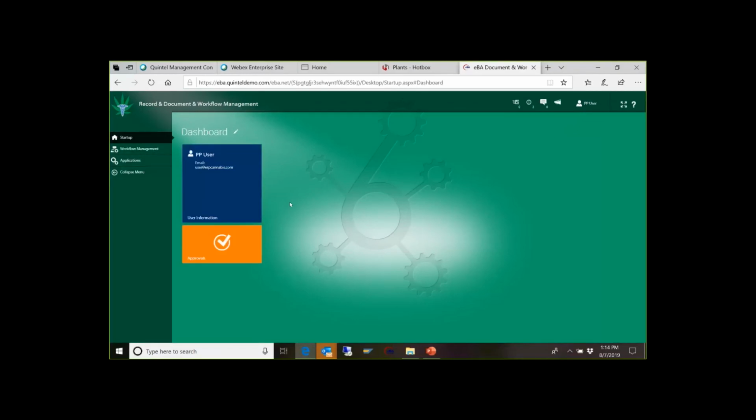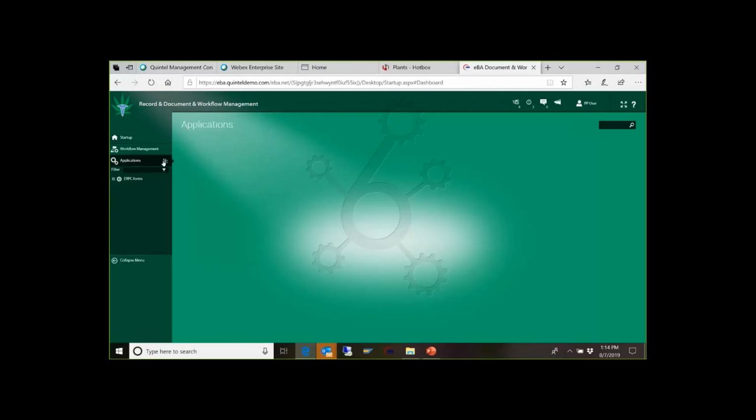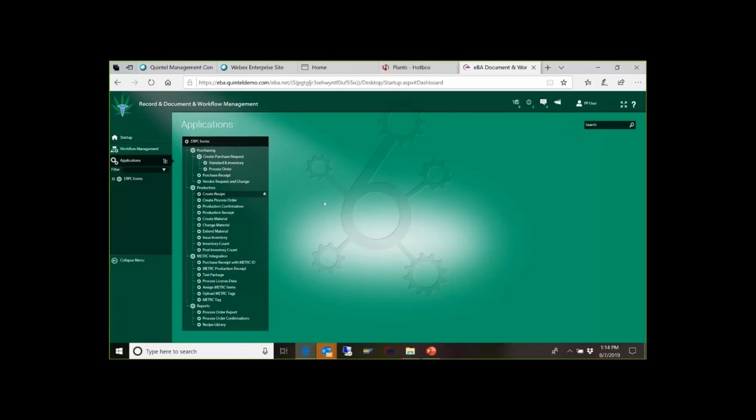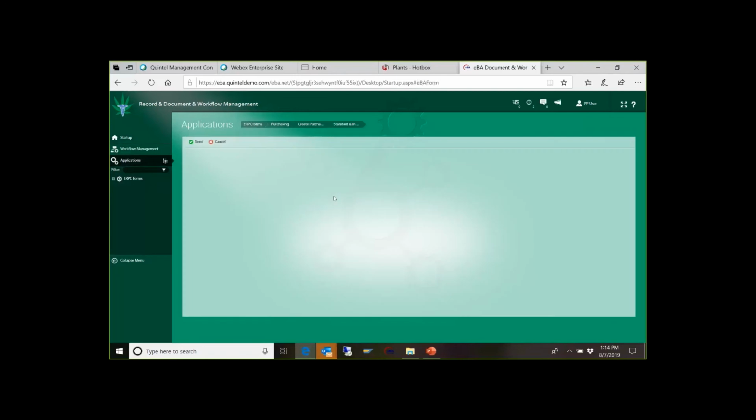So in terms of these applications, I'm going into our forms for production planning, and you can see from here that we have the ability to access various forms. The forms allow us to create essentially transactions that will interact with the back-end ERP system. So for example, I can create a purchase request, and when this comes up, just to give you an idea